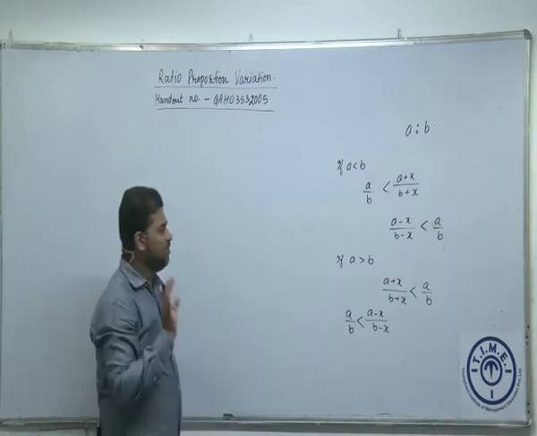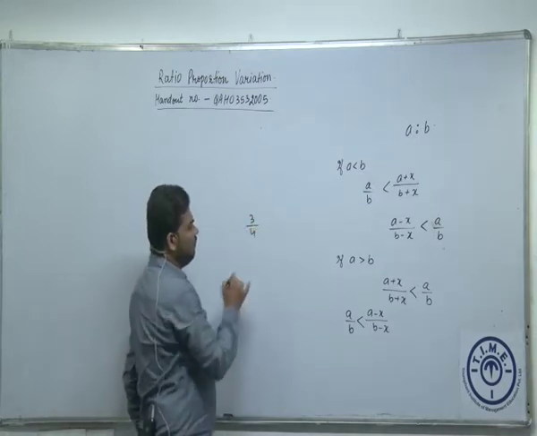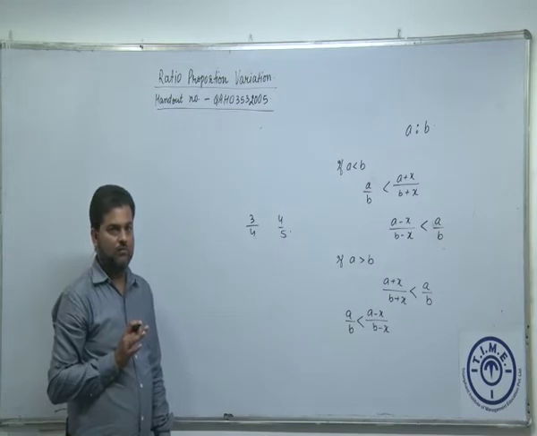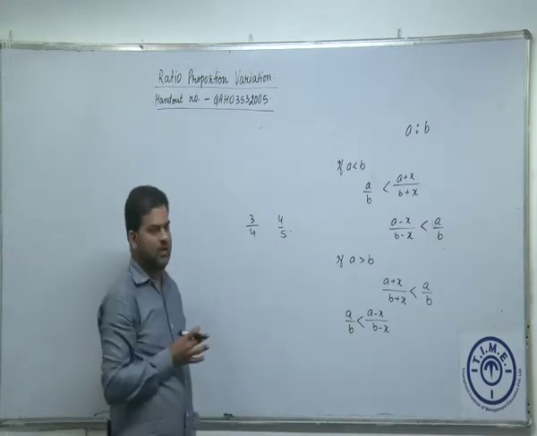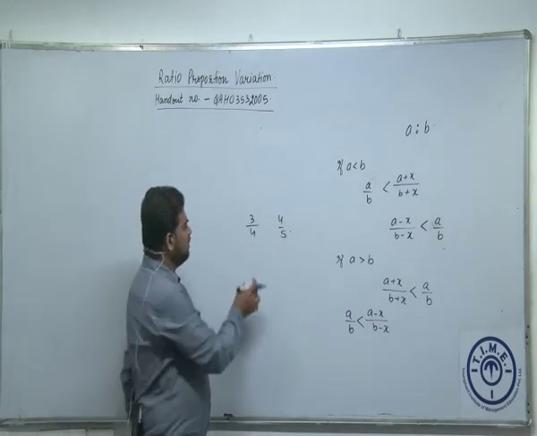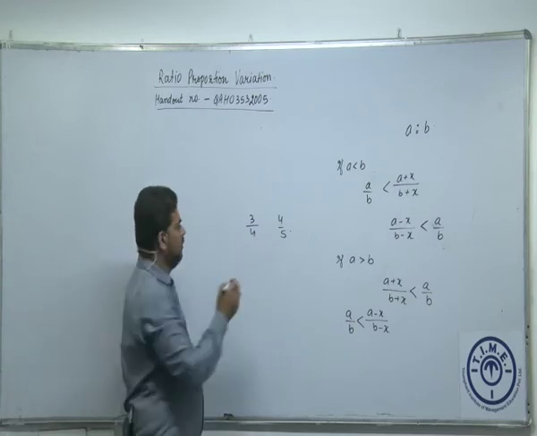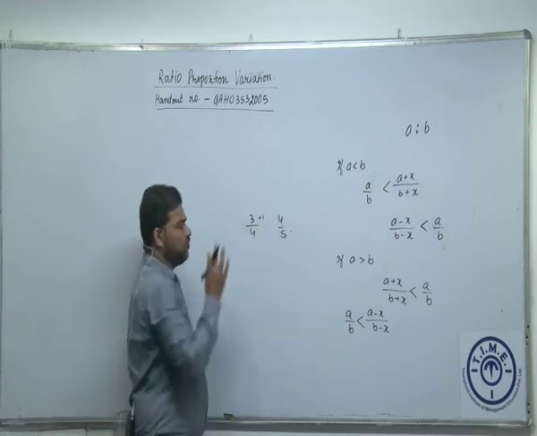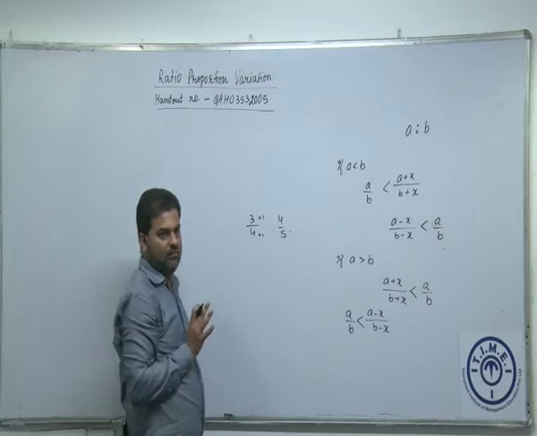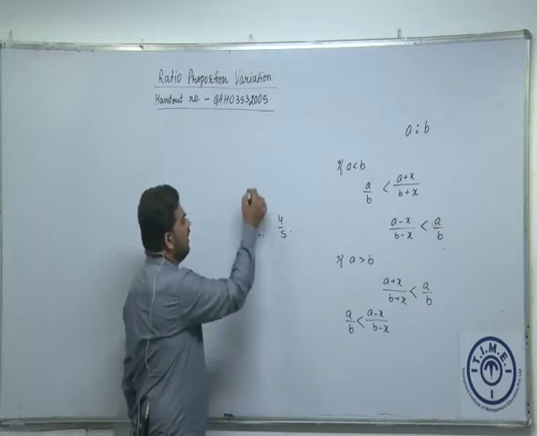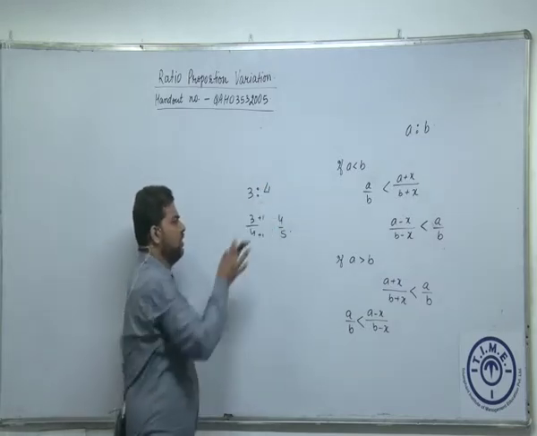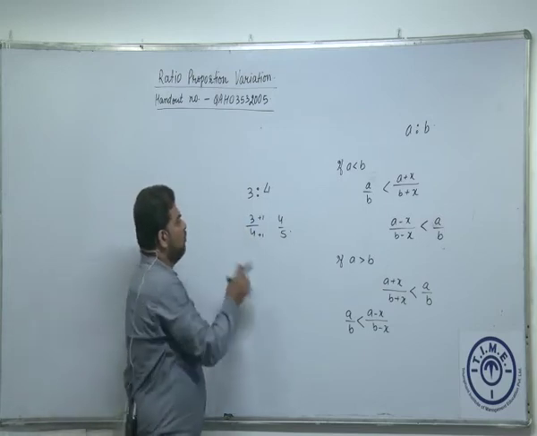So let's take a simple example. Out of 3 by 4 and 4 by 5, which is bigger and which is smaller? Now you will say that this is a very easy fraction, so we can actually compare and see what is happening. But if I apply this concept here, suppose this was my original ratio 3 is to 4. If I add 1 to the first term, I get 3 plus 1 is 4. And if I add 1 to the second, I get 4 plus 1 is equal to 5. I have written this in terms of fraction, but you can also consider it as 3 is to 4. 3 is to 4 is nothing but 3 by 4, right? So see what happens here.